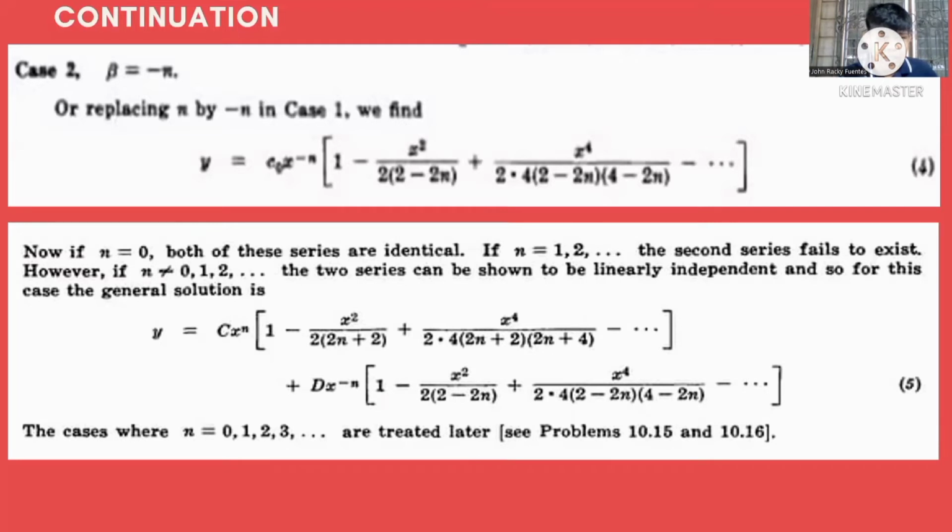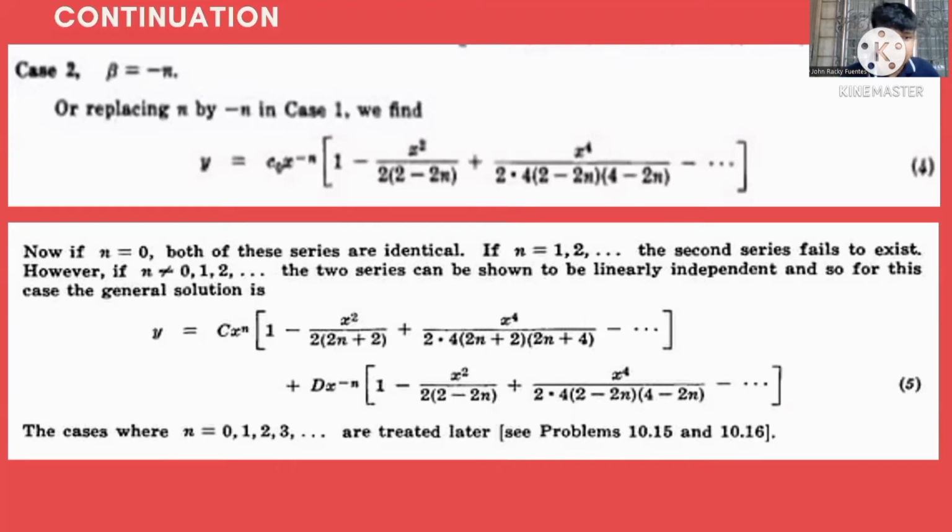Now, if n is equal to 0, both of the series are identical. Now daw, yung n is equal to 0 ay parehong series, yung series daw are identical. If n is equals to 1, 2, 3, 4, 5, 6, and many more, the second series fails to exist. However, if n is not equal to 0, 1, 2, 3, 4, 5, etc., the two series can be shown to be linearly independent, and so for this case, the general solution is,